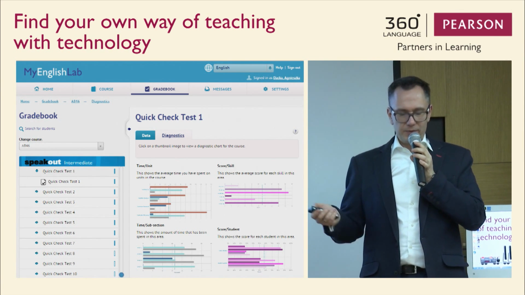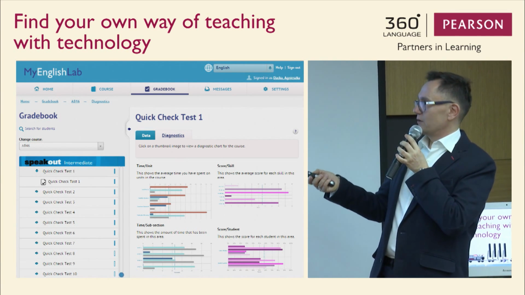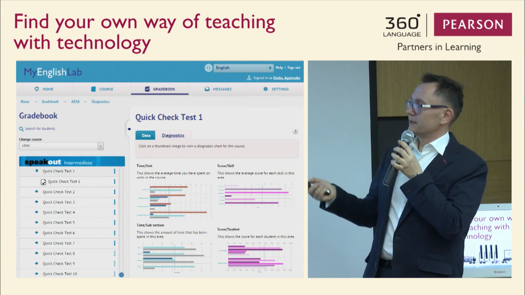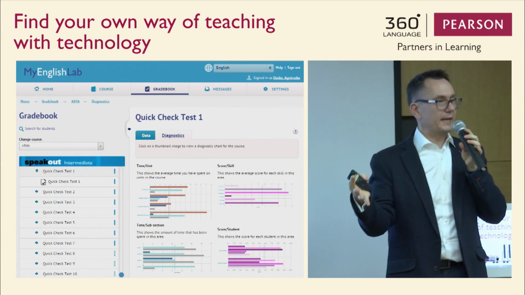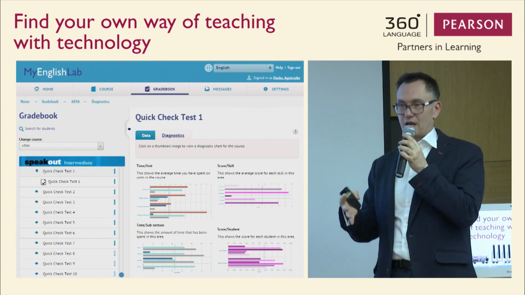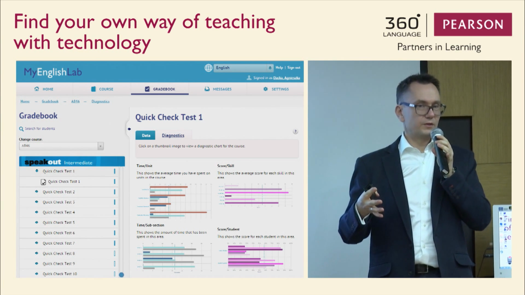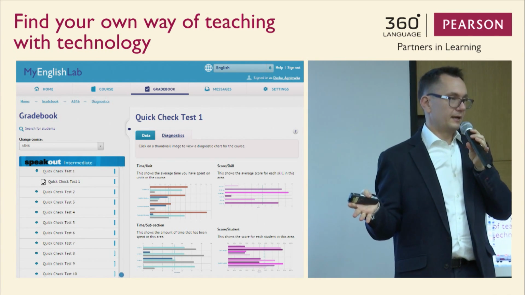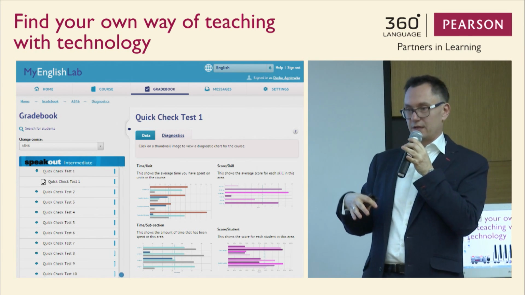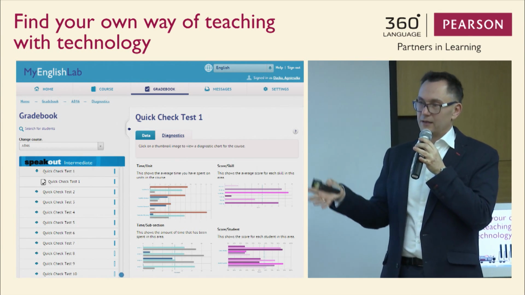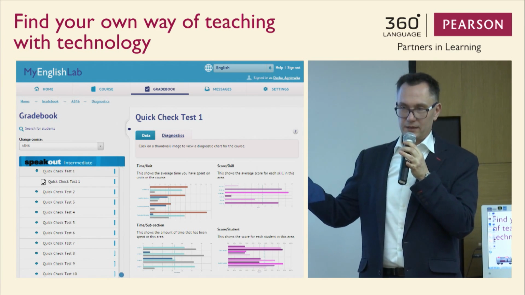In addition to that, we have more information, the so-called Diagnostic Board, where you can check how much time they spend doing the exercises. So, for example, if you want to talk to the parents of students who are unsatisfied with their children's results, you can take them to this diagnostic board and show them.